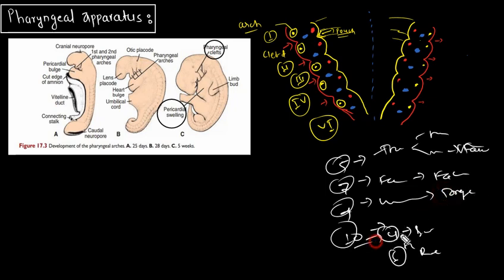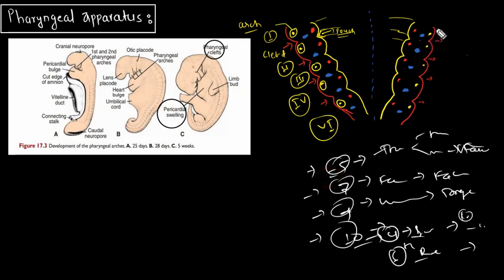And then we have the 10th one, larynx. So most of the developing structures here, as in cartilage, would be the laryngeal cartilages, and the bone and the muscles around it, regions of the neck. So this is how we can correlate and learn the derivatives of the pharyngeal apparatus, mostly these arches. So 5, 7, 9, 10.